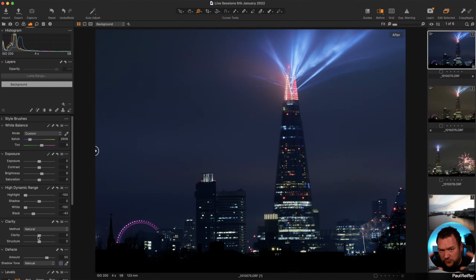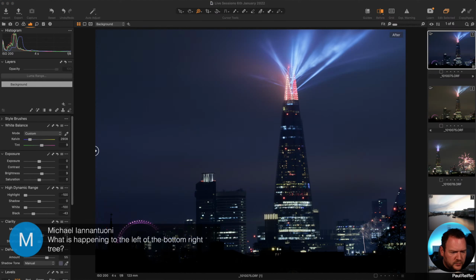So it tends to work best in the middle tones of an image, but it's looking for neighbors. Rather than straight down the middle, brighter get brighter, darker get darker still, it's looking at where two different areas join, and it says, on a variable basis, are you darker or lighter than your neighbor? If you're lighter, then get brighter. If you're darker, then get darker again. So a little bit of clarity on this shot will really help make it punch.